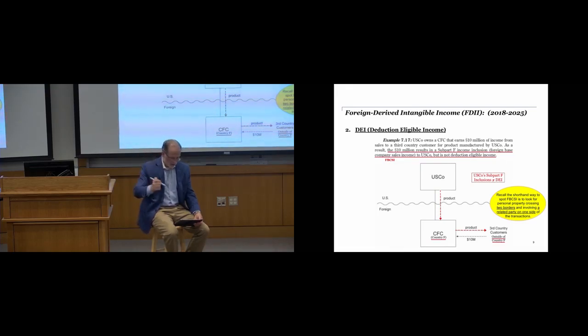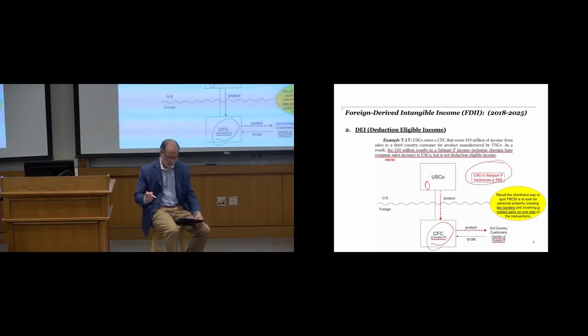The related party is USCO relative to CFC, and it crosses from the US to country F, and then a sale to third country customers outside of country F. So the income that resides at CFC for this transaction would be foreign base company sales income, and that's a component of subpart F. That's going to be currently included in the tax return of USCO,